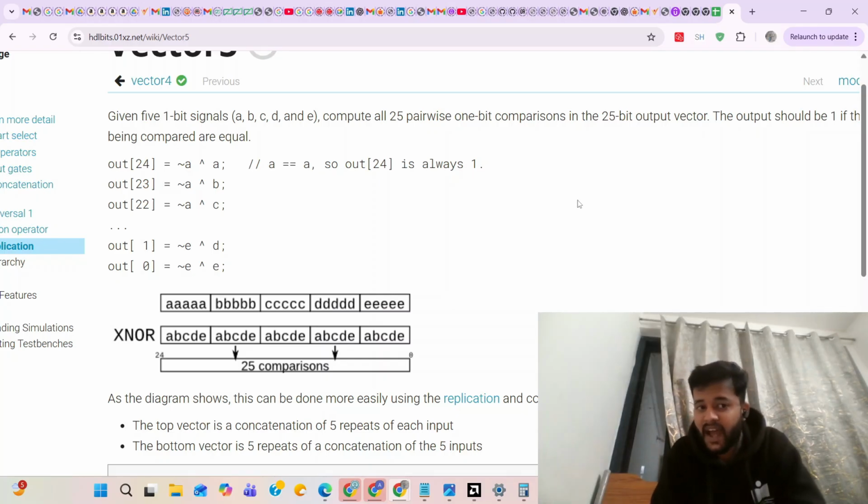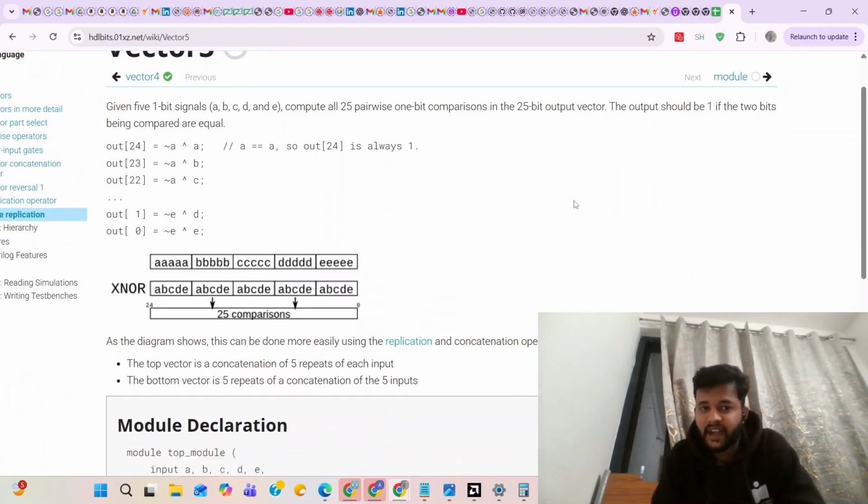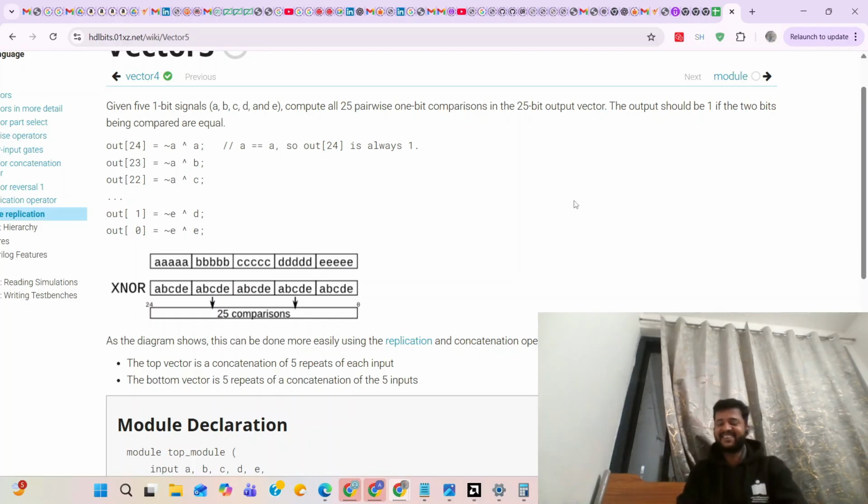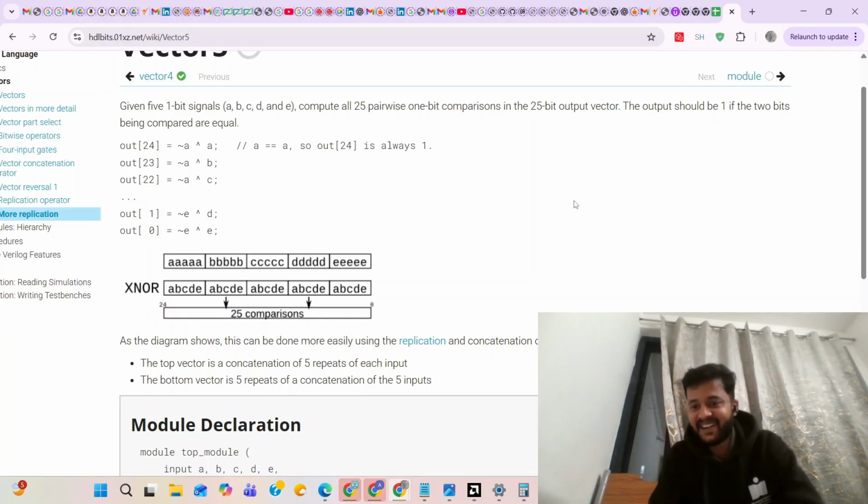So we have to do as many comparisons. So you should use permutations and combinations and tell me the total number of comparisons we are doing in this program, and you can comment.